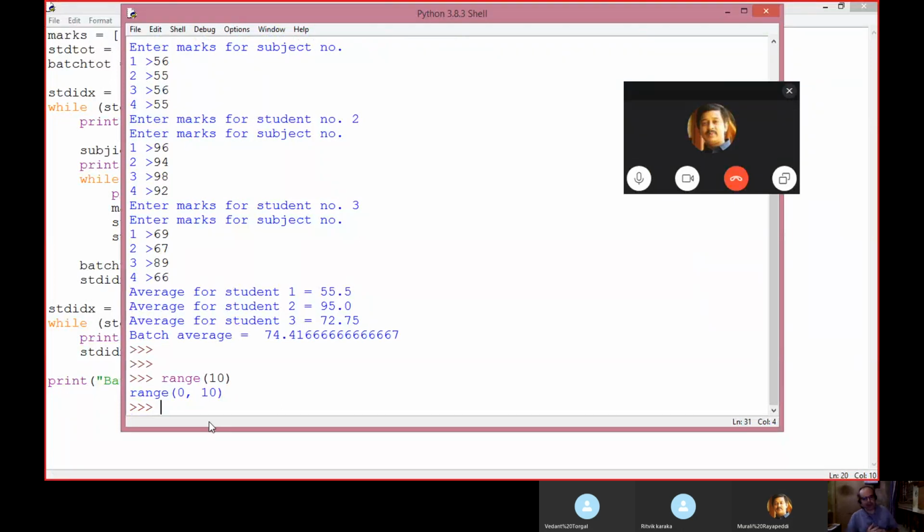Now in Python you have a sequence like list, then string. So you also have a range. Now what will range give us?